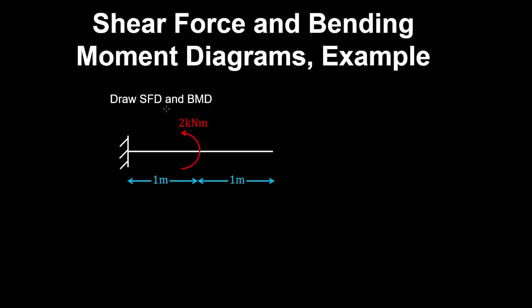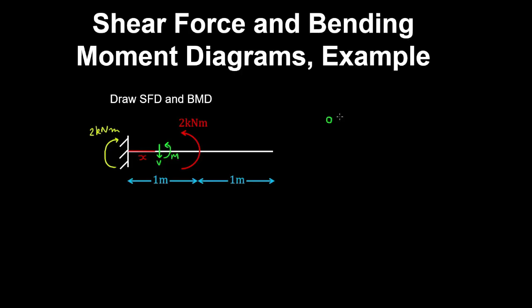Let's draw the shear force and bending moment diagrams for this beam. So at a fixed support, there's force and moment reactions, but since there's no forces acting on the beam and only a couple, then there must be a moment reaction that counteracts that couple. And now if we take a free body of a section that's at a distance x from the support and expose the internal shear force and bending moment,